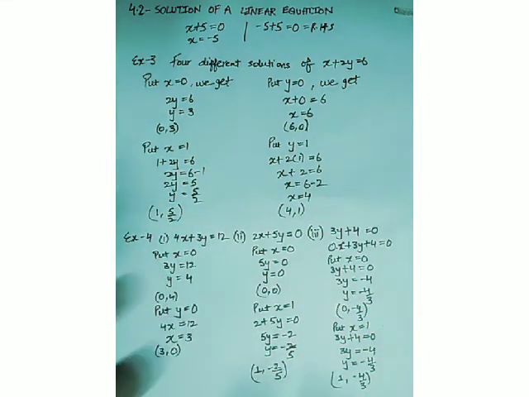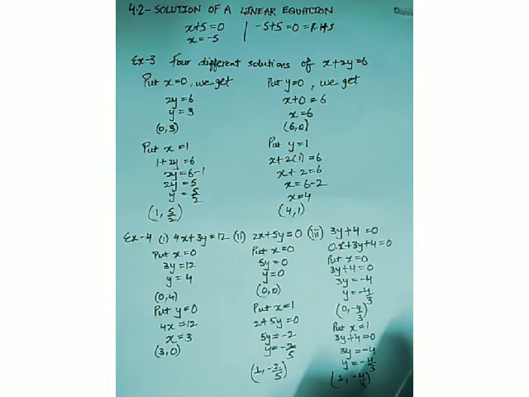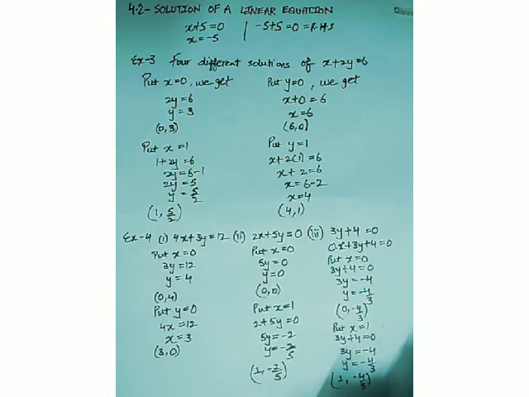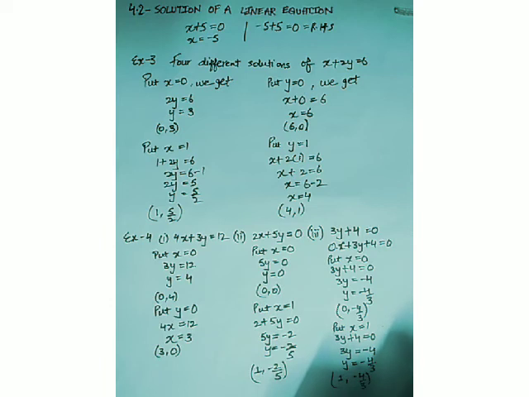So this is how you have to find the solution of different linear equations in 2 variables, and the exercise is very easy. You have to find the solutions only, and I am pretty sure that you will be completely able to do the exercise because I have made the examples easy for you. I hope you have understood all the examples, and with this we have completed our exercise 4.2 as well.